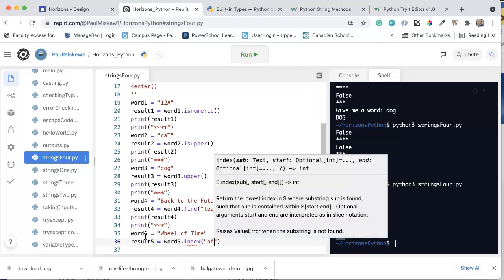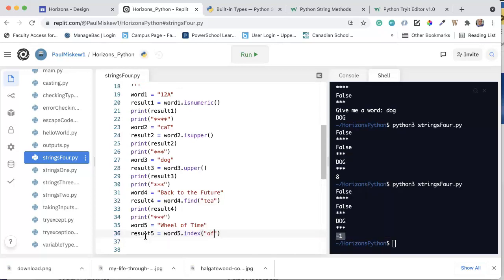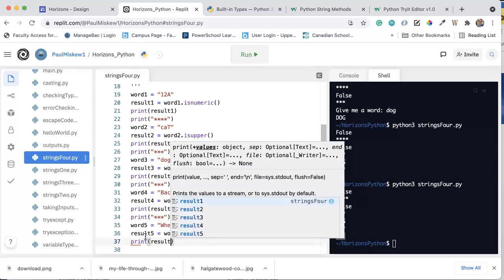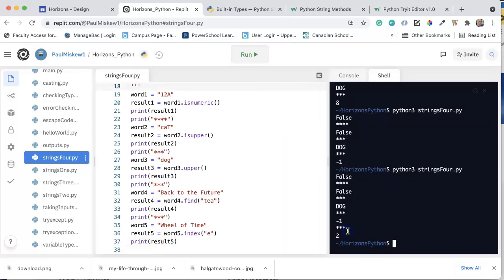and I'm going to look for the index of the of. Okay, actually, let's do the index of the E just to show you something here. So I'm going to then print result 5. If I run this now, you'll see that I get 2, because the way index works, and find works the same way, is it returns the first instance of it. So if we start here on the left-hand side, index 0, 1, 2, I found the first E,